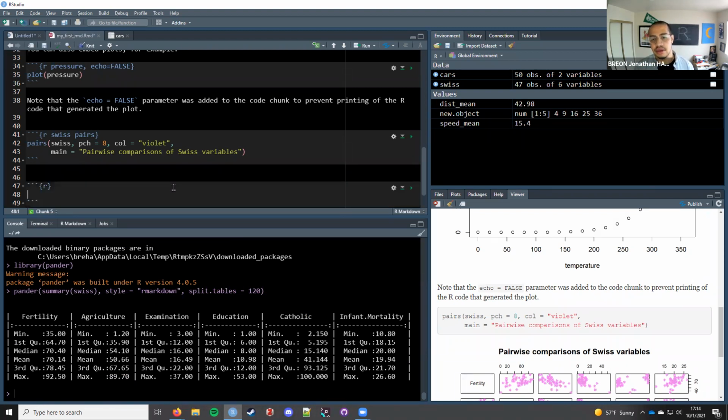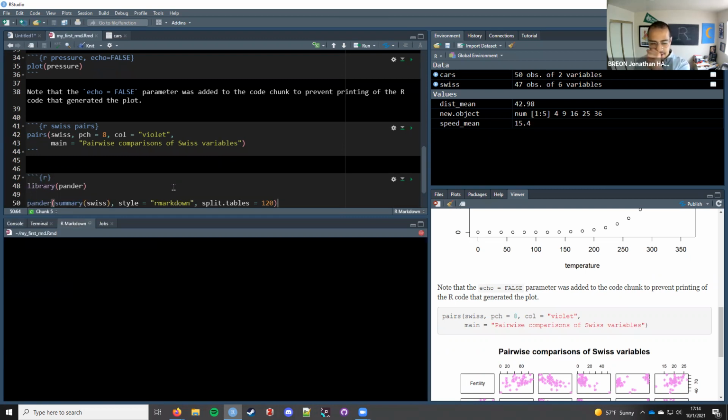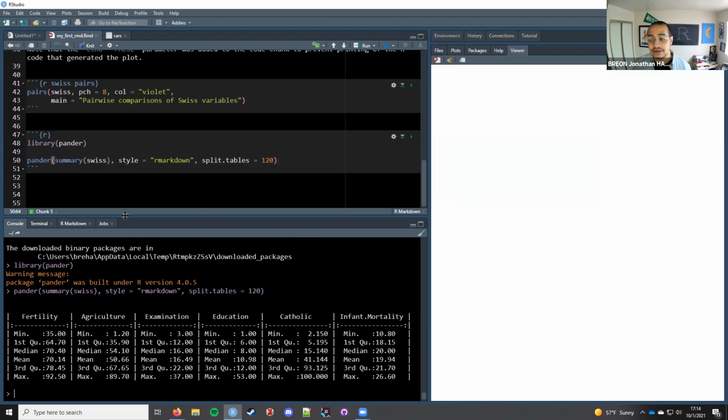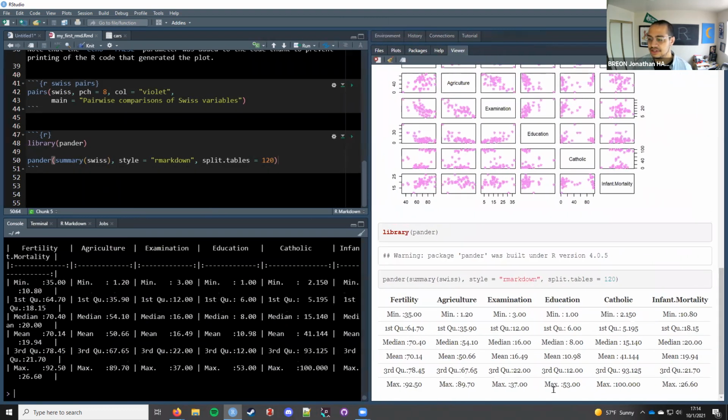However, if you run it in a code chunk in your Markdown, it produces much nicer tables than if I just said summary Swiss. So I'll actually compare it.